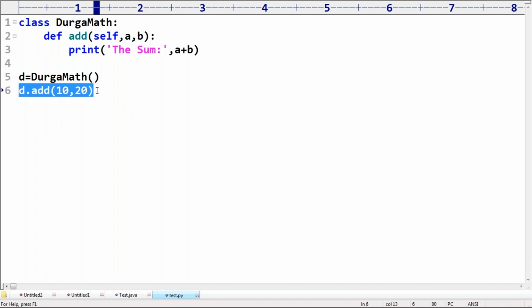So now three members are just side by side: one is Java, one is C, one is Python. If I ask the C person, what about you? Simple, that person is going to tell you, some procedural programming language. If you ask the same question to Java, Java is going to tell you, myself is an object-oriented programming language. But if I ask the same question to Python, Python simply is going to tell, hey Durga, I'm everything. I can provide support for any type of programming. Is it an advantage feature or not? Are you able to understand, right?